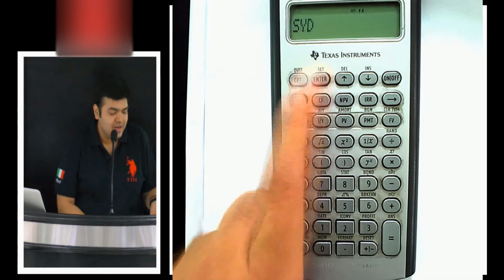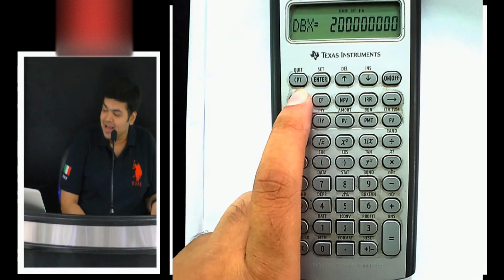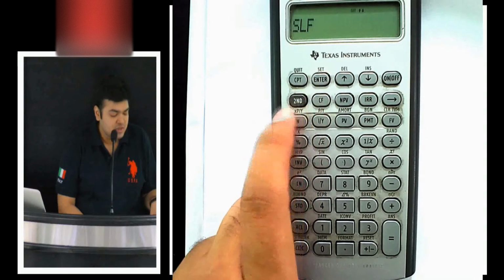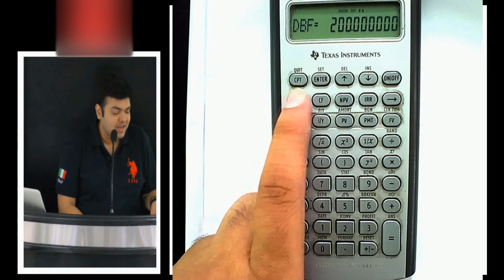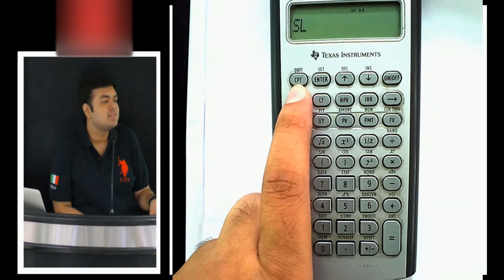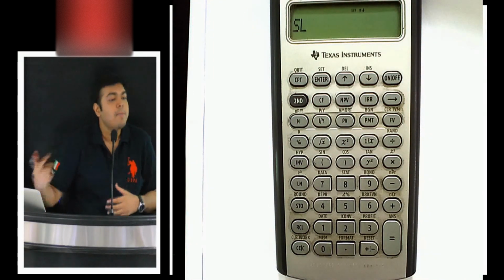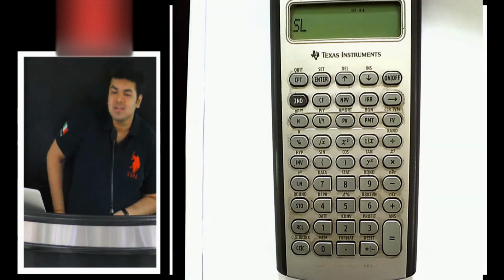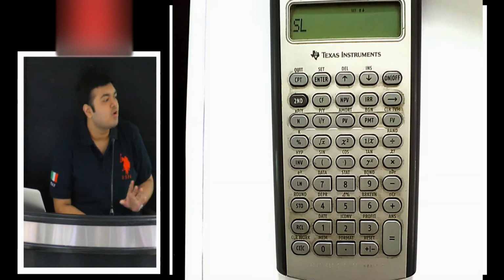Second SL is the straight line method, then sum of years digits method, declining balance method, and one with crossover. This is going to be the straight line method, this is the declining balance method, and this is again the straight line method. So there are varieties of depreciation. You are not going to be using it, because even I have to refer to the meaning of the short forms over here, since I don't use these shortcuts. It's easier to use depreciation by yourself. So depreciation is a function you're not going to be using.